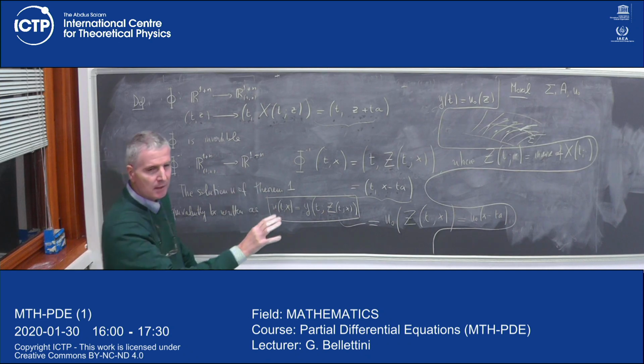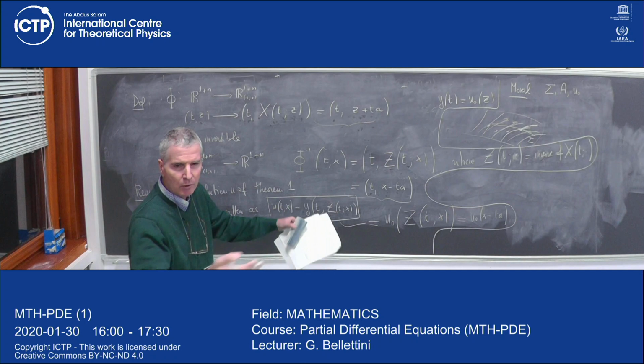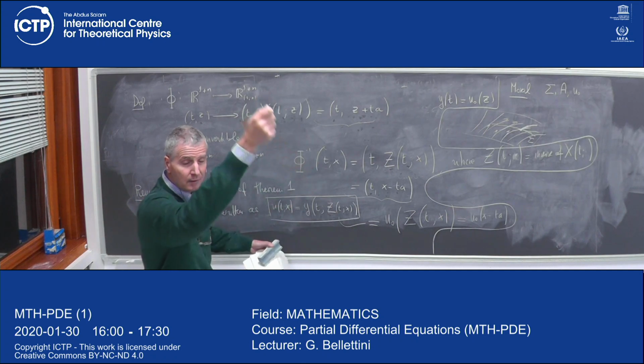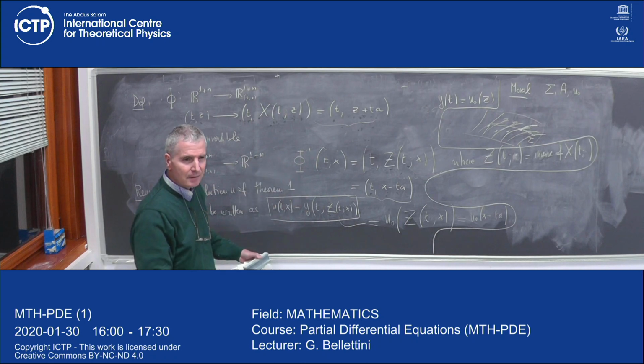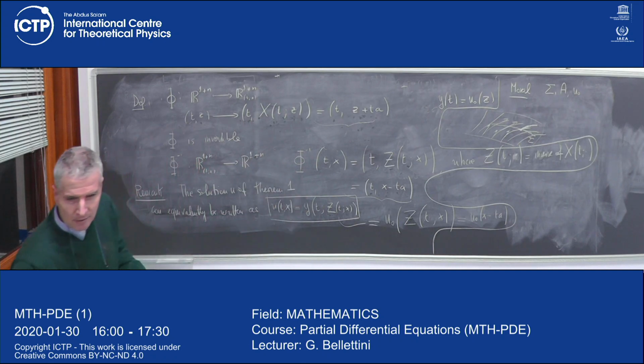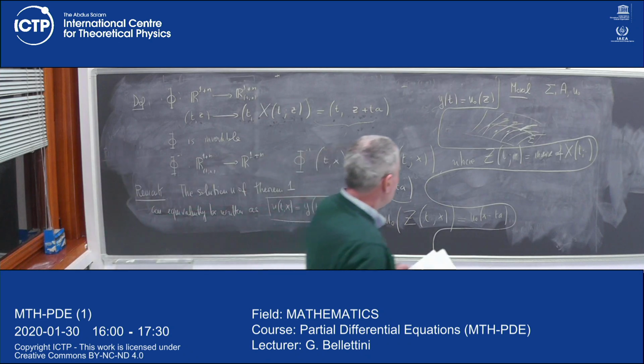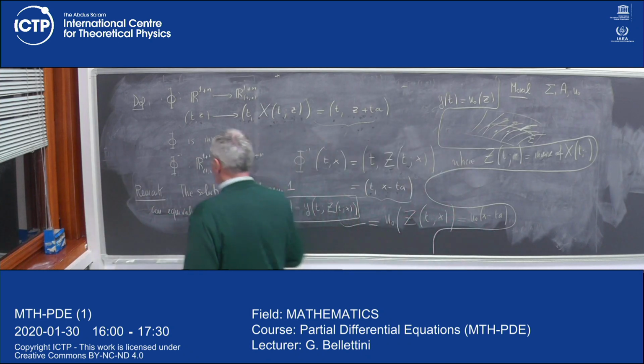In this case, everything is explicit. I am foliating the whole space. The flow lines of the system are rectilinear. Everything is very easy and explicit. Okay? This is another very useful interpretation of our initial PDE.